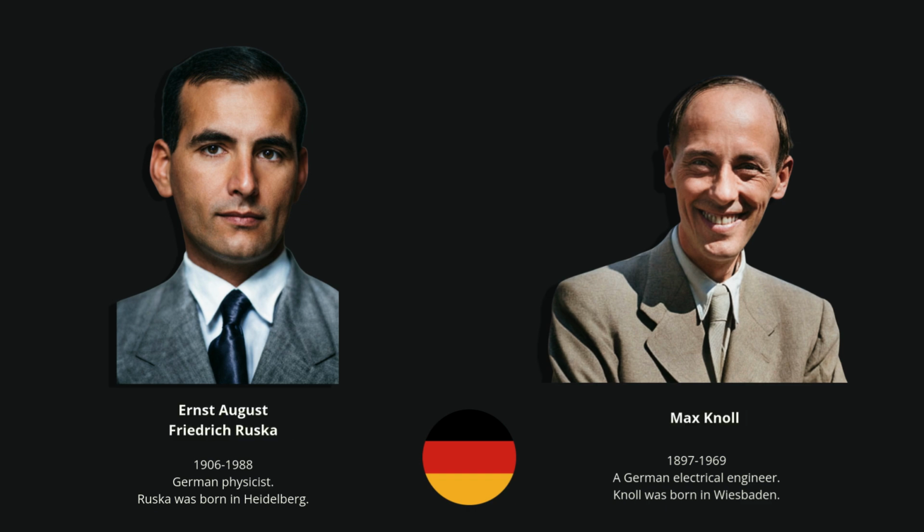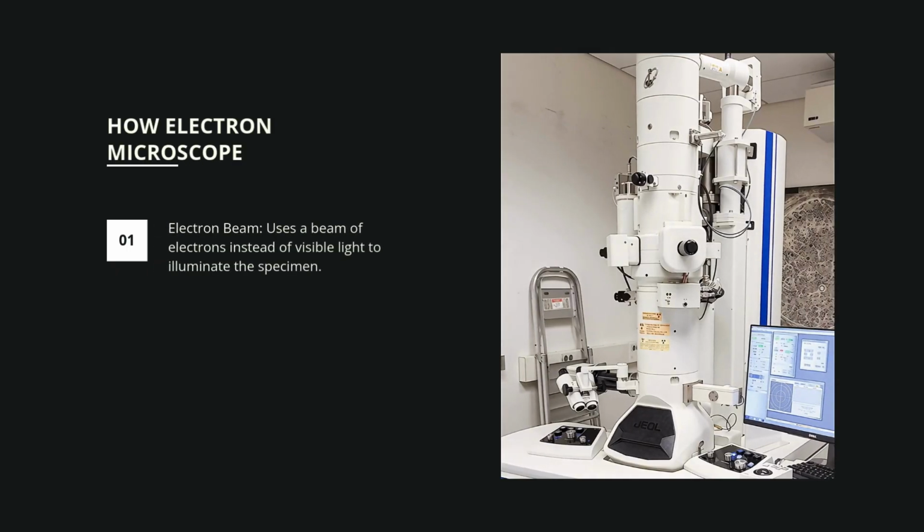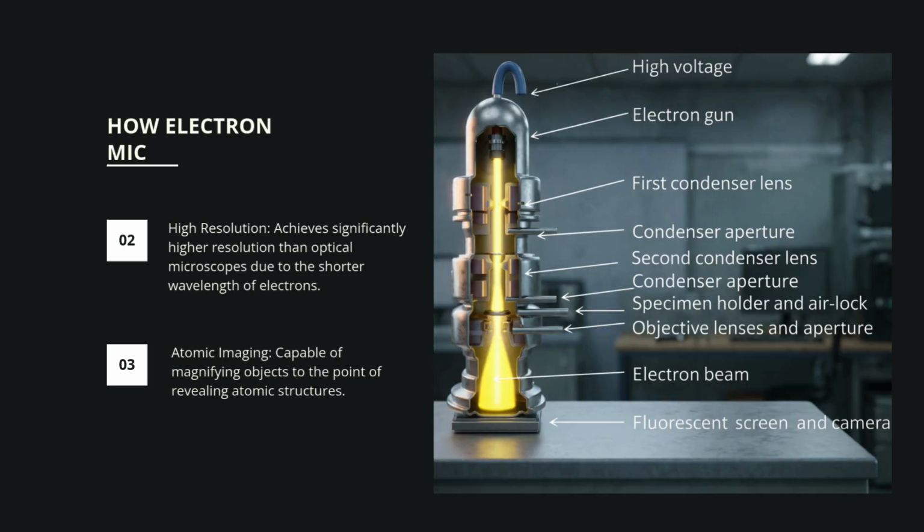The invention of the first prototype electron microscope in 1931 by Ernst Ruska and Max Knoll, followed by its commercial introduction in the 1940s, marked a pivotal turning point in science. This technology provided the high resolving power necessary for the accurate observation of the cell's fine structure. By utilizing electron beams instead of light, electron microscopy achieves superior resolution, even allowing for the visualization of atomic structures